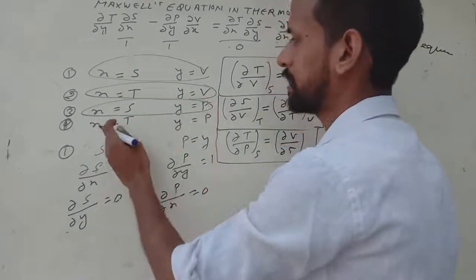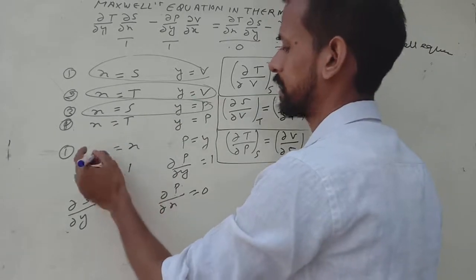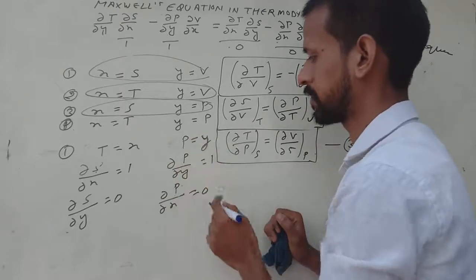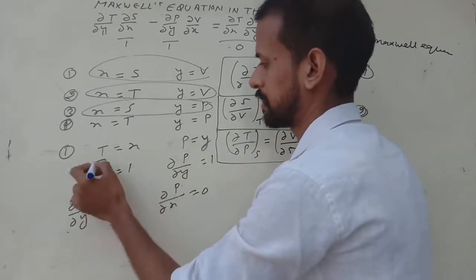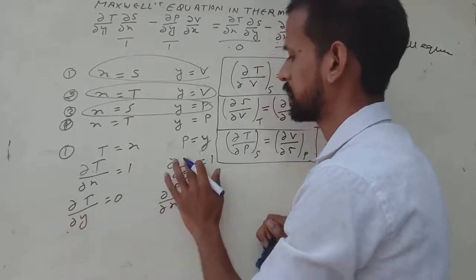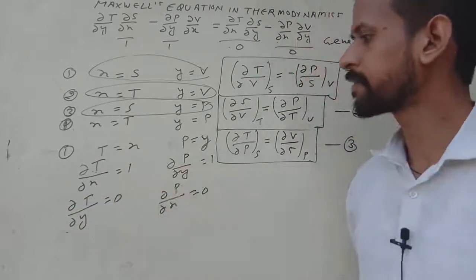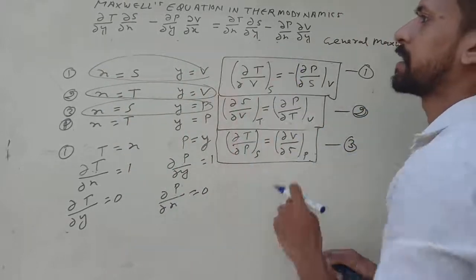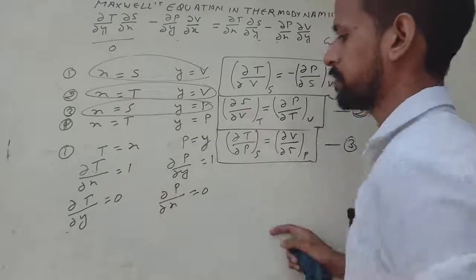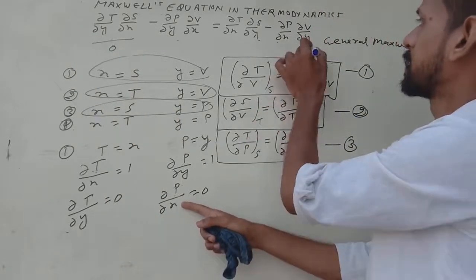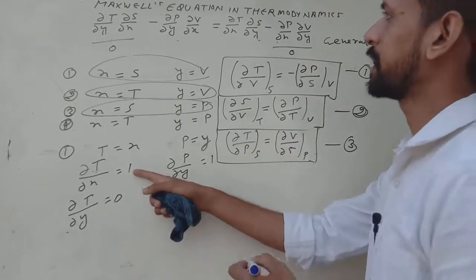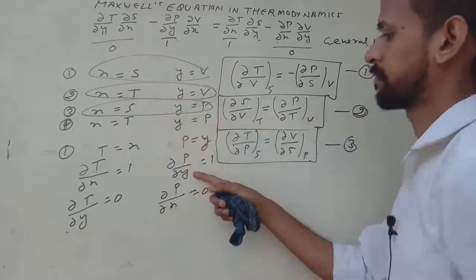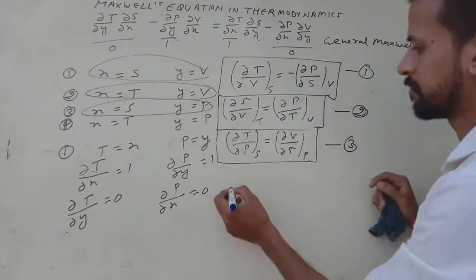Now one more, the last, the fourth Maxwell equation. We have to write T is equal to X and P is equal to Y as the same. Okay, so this is T, and this is P, same here. So del T by del Y, this is equal to 0, del P by del X, this is equal to 0, del T by del X is 1, this is 1, del P by del Y is 1, this is 1. Then what will remain here? Minus